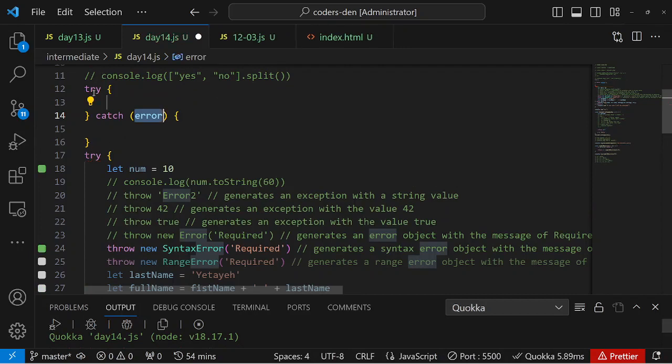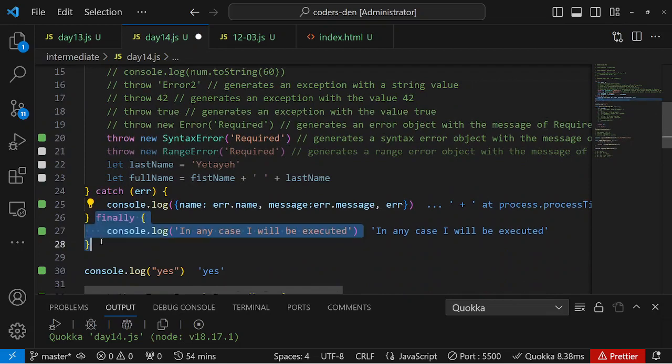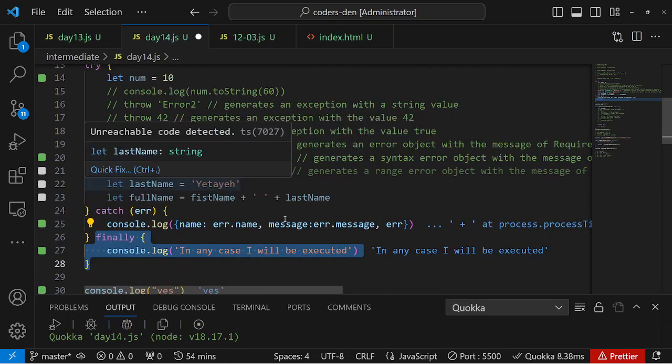And it brings this out for you. So it's just try with a block, catch like a function with error passed in. You can write whatever you want in here. And then another block. So you can add this finally yourself. So essentially, this code in the try block is going to run. If any error occurs in there,